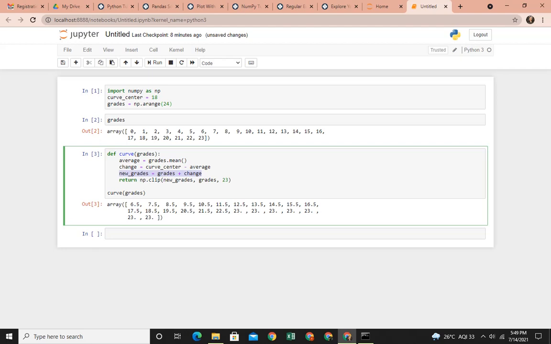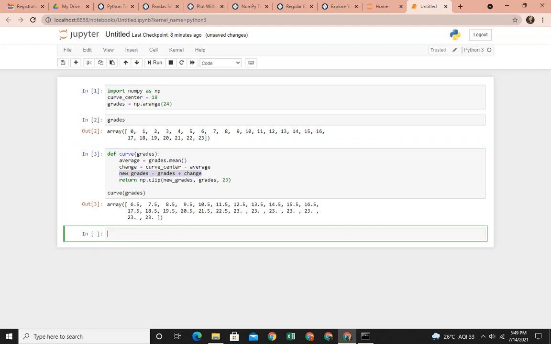For i equal to 1 to i equal to 24, i plus plus, मतलब incrementing i. Then for each value of i, to the value of grade you add change, and the answer is allocated to new grades. So here we need not do that. This is called vectorization.